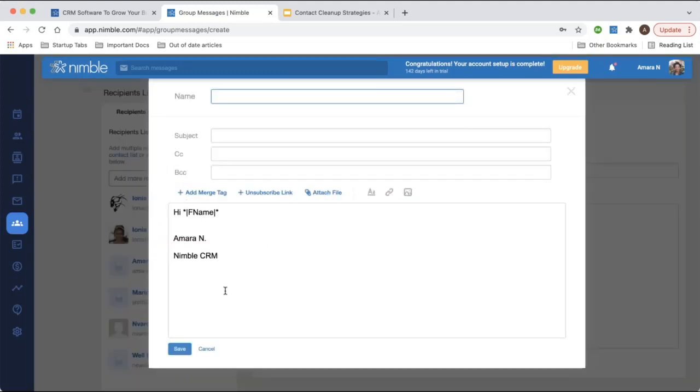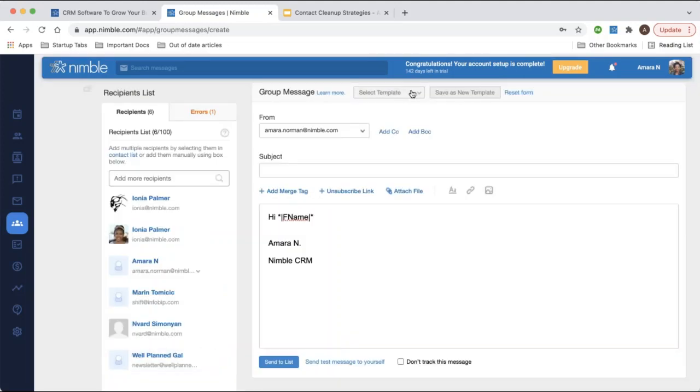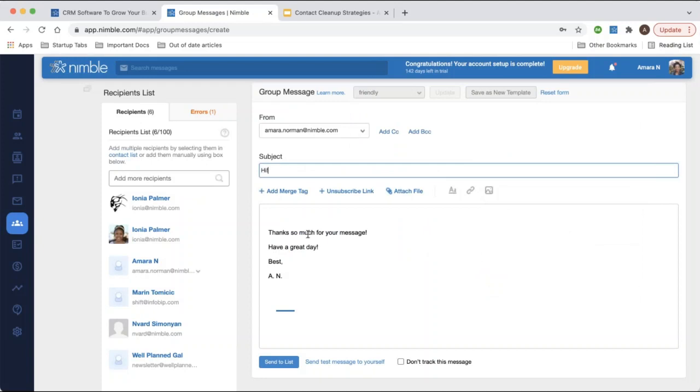You'll just give it a name. And then once you've saved any of your templates, you'll be able to pull them from this drop-down menu here. So you can pull that information right into the form and go ahead and quickly send out this message. Templates are also shareable, so you can easily share them with your team, so multiple users can send out these